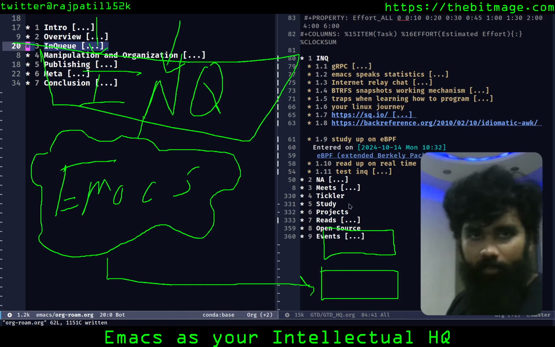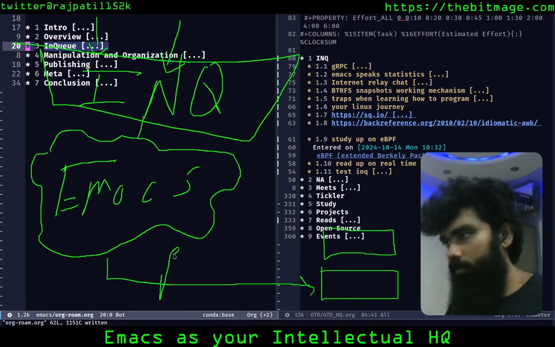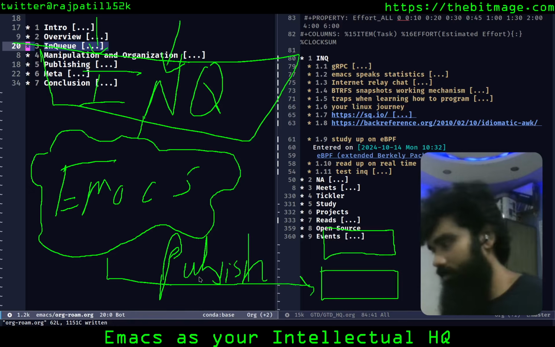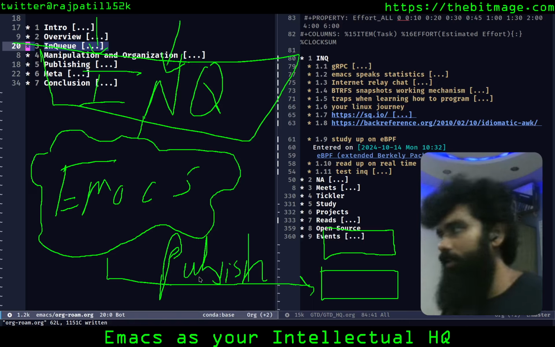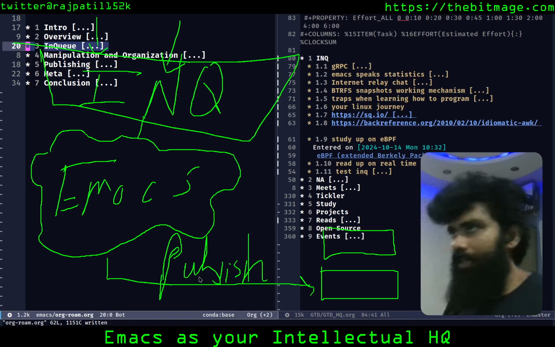So this is my publishing pipeline, excuse the handwriting, that I'm going to explain later on after the next section. So this is the plan.